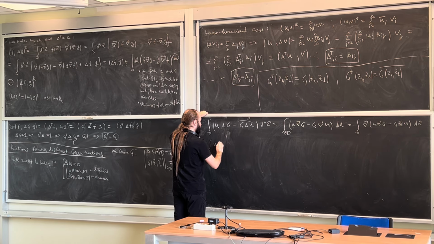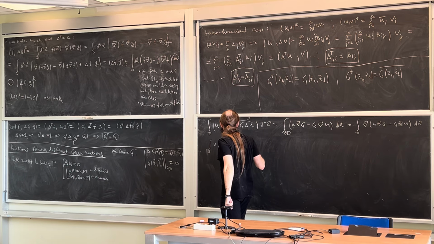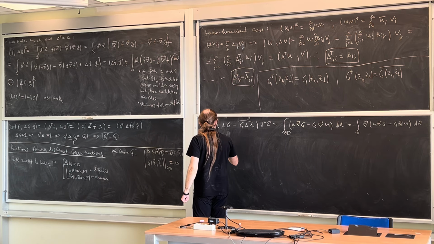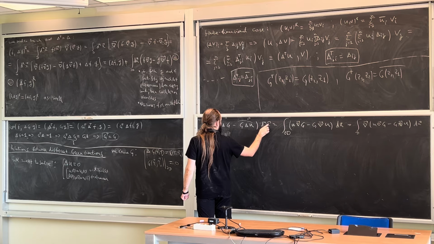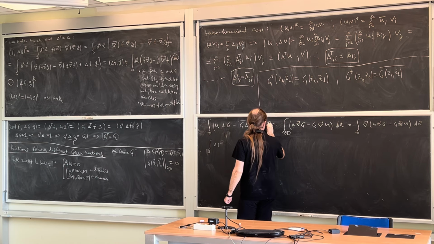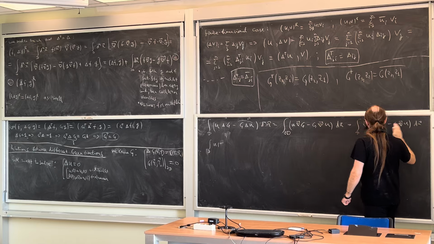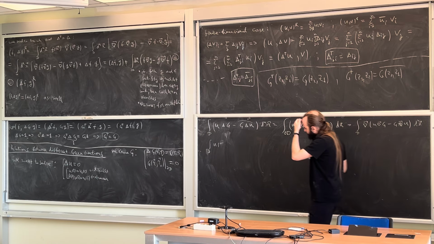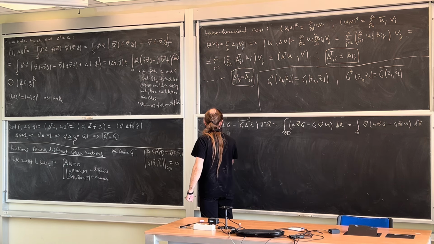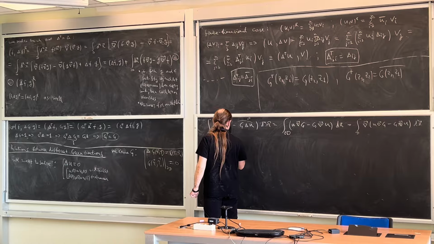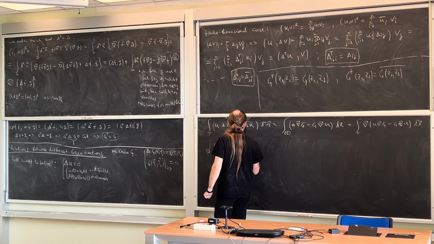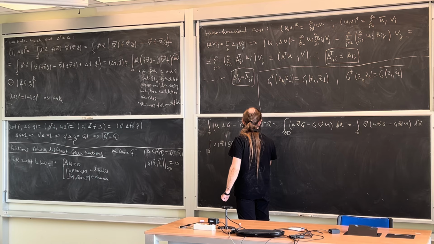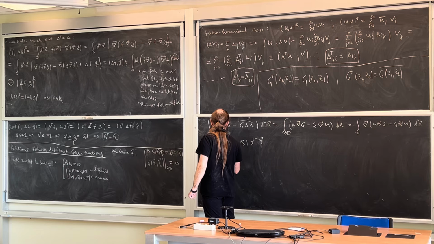of u of r, I was using x, let me write r here as well. u of r delta of r minus r0 dnr. So this is, yes, simply u of r0,